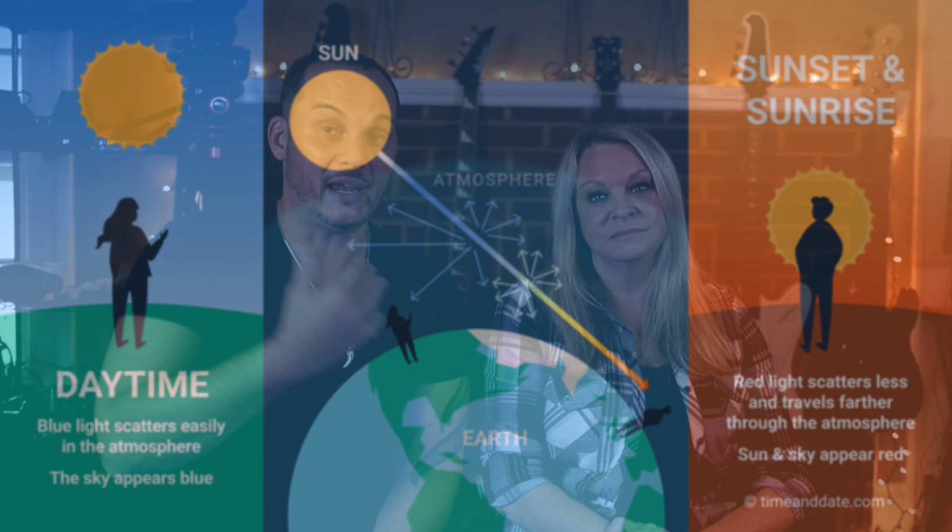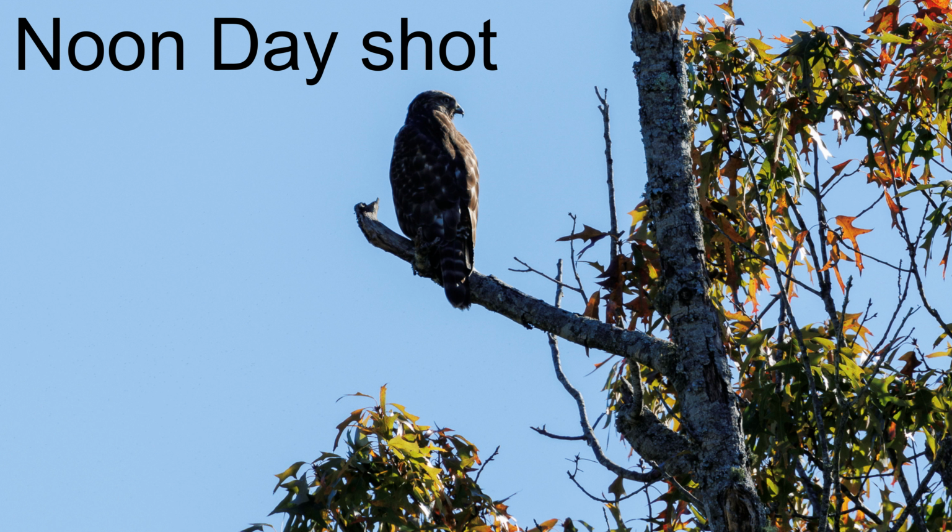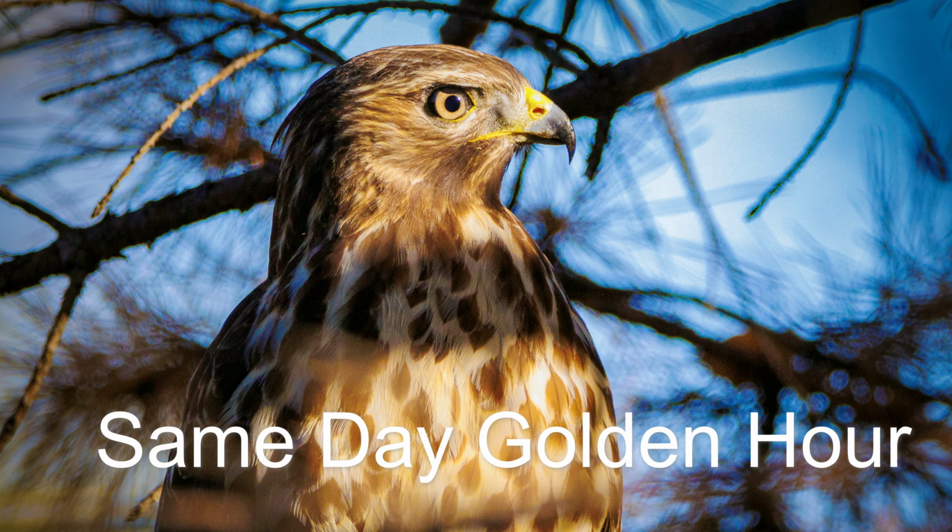True. That's why taking a picture at 12 o'clock noon or taking a picture at golden hour at 5 or 6 o'clock in the afternoon will result in different levels of contrast in the image. When shooting at 12 noon, the sun is typically at the highest point in the sky, which leads to harsh and direct overhead lighting. The direct sunlight can create strong shadows and highlights, resulting in high contrast in the image. The bright highlights can appear blown out, while the dark shadows may lack details. This high contrast can sometimes make it challenging to capture well-balanced exposures and retain details in both the highlights